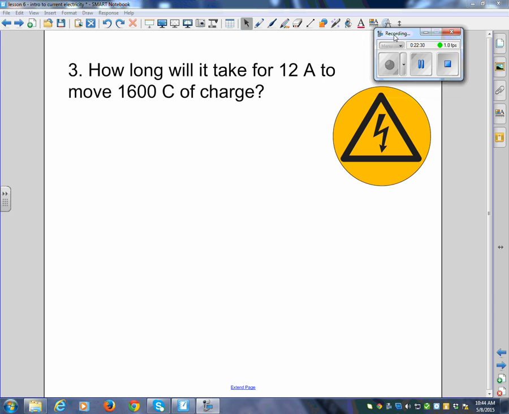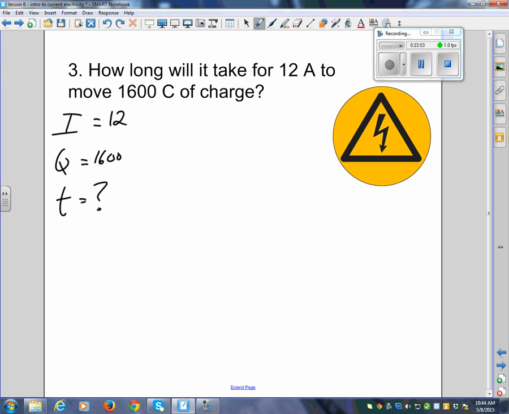Okay, let's have a look at number 3. How long will it take for 12 amps to move 1,600 coulombs of charge? That's kind of the words they use, move. Again, write out the letters. What are the 3? I, Q, and T. Does it matter what order you put them in? No, I don't care. How long will it take for 12 amps? That is the current, the I. The Q is 1,600, and we're solving for time. Question mark. What's the formula that solves for T? T equals